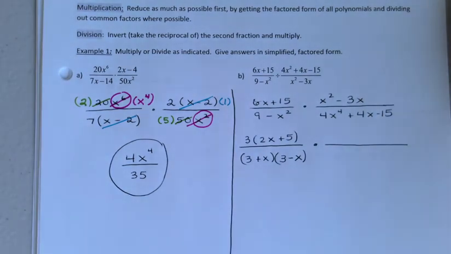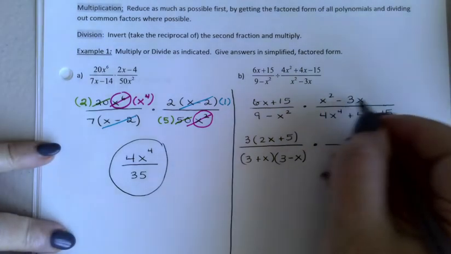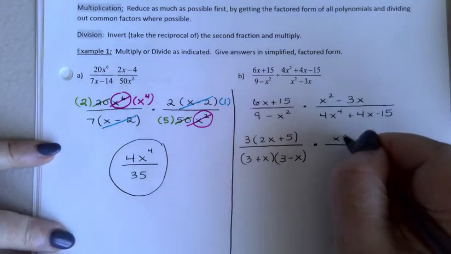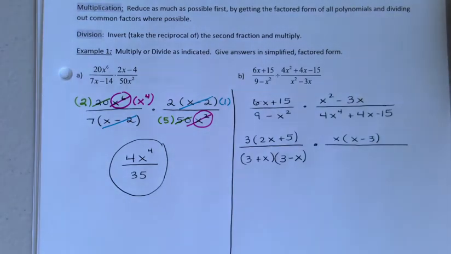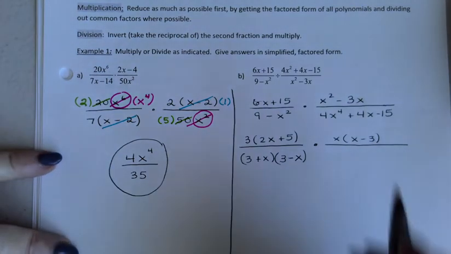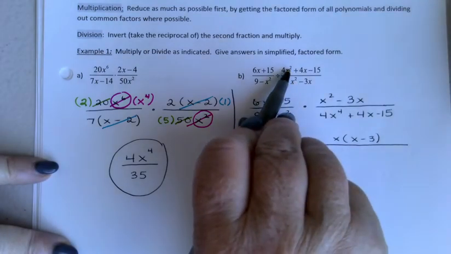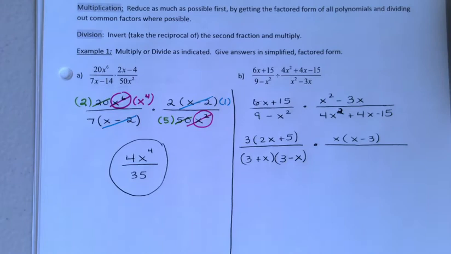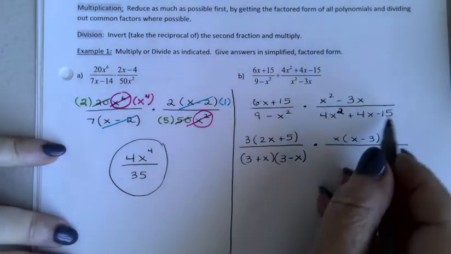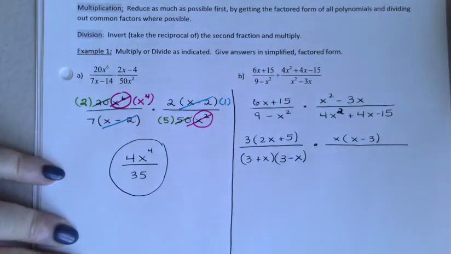All right, second fraction, the numerator, I'm going to factor out an x. And whoops, looks like I made a typo, although it wasn't typing, it was writing. That was a 4x squared, not a 4x to the fourth. Let me fix that. Nonetheless, the denominator is going to take just a little bit of work because it's not